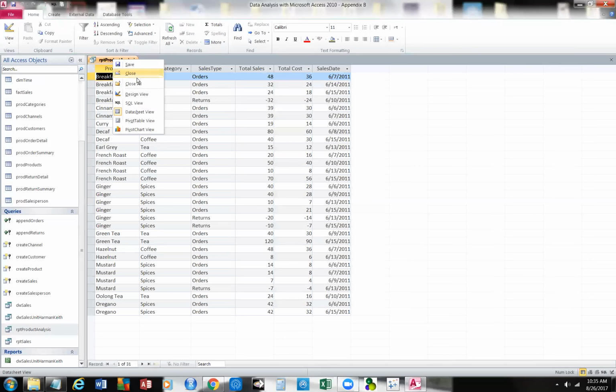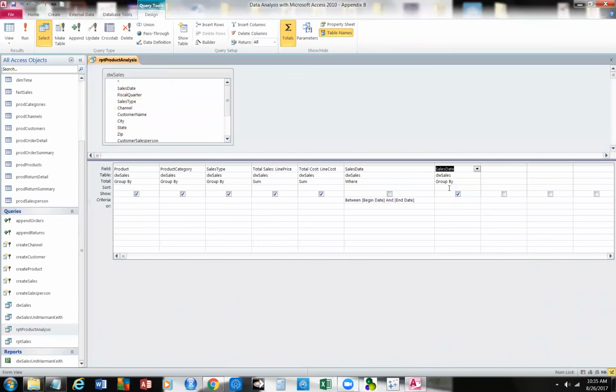Now I'm going to go back to the design view and sort them in descending order, so I should start with the latest date, the most current, and then go backward. So let's see what happens. I have my beginning date, that's going to be 6/6/2011, and the ending date is going to be